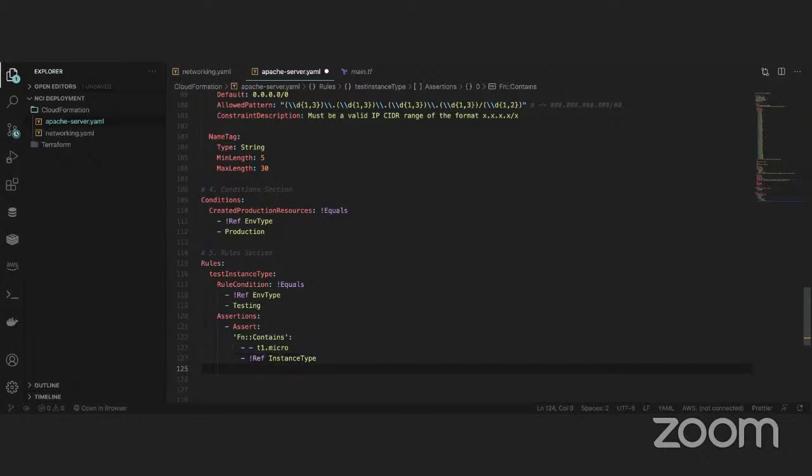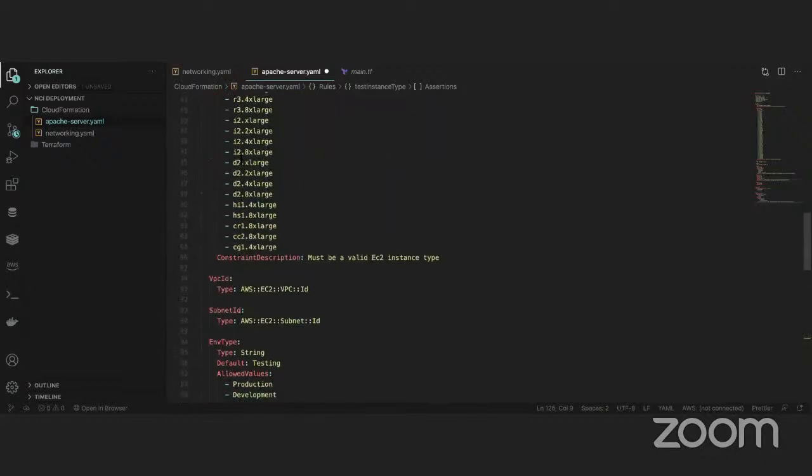And then I can say assertion description, for a testing environment, the instance type must be t1.micro. So guys, what we're saying here is, if for any chance, when you have this environment type,